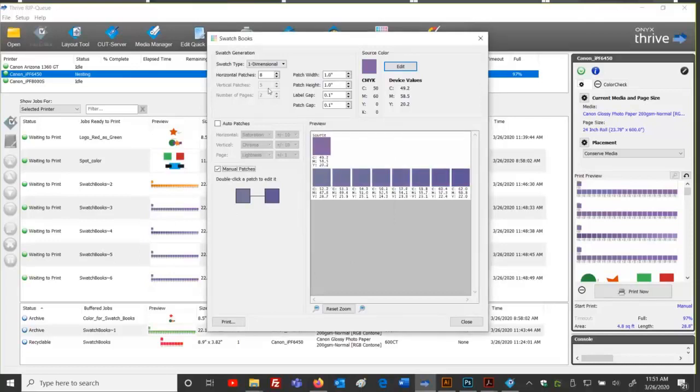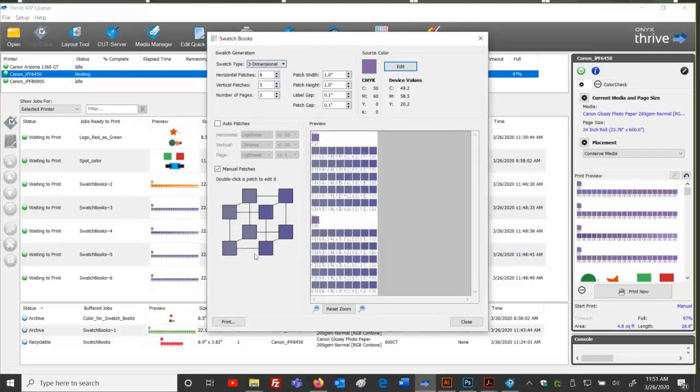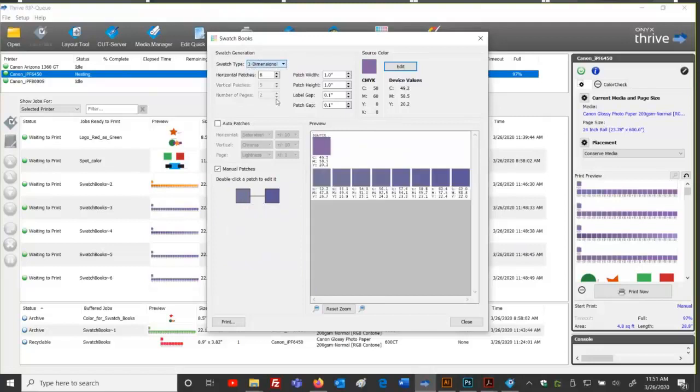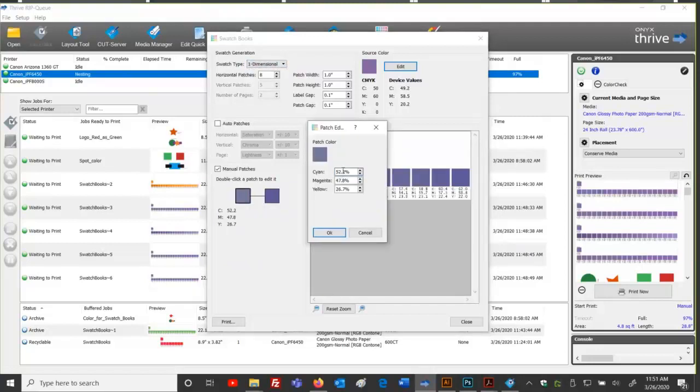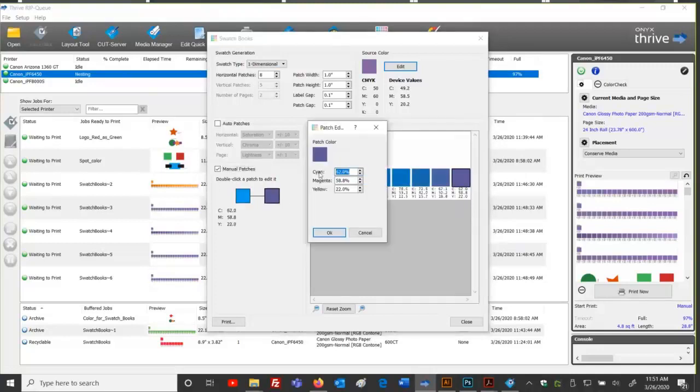If we go to two-dimensional, you get all four corners. And if you go to three-dimensional, you get all four corners for all two pages here, or however many pages you have. Now, anything you type in here is what it's going to apply. So it might seem crazy, but why I do this is to show you that there's no limit.